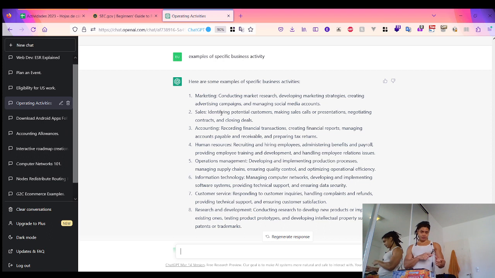Then I look at sales. Sales is identifying a prospect or a customer, making sales calls or discovery demos, or presentations, then negotiating. This is somewhat similar to